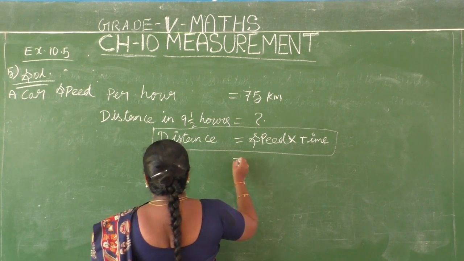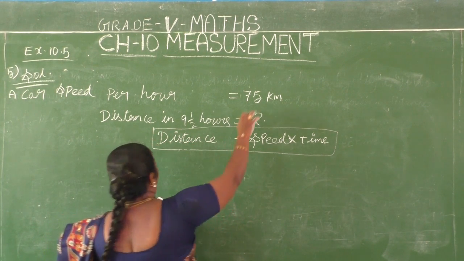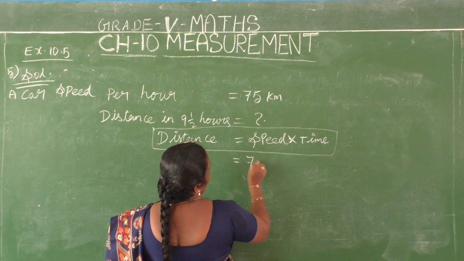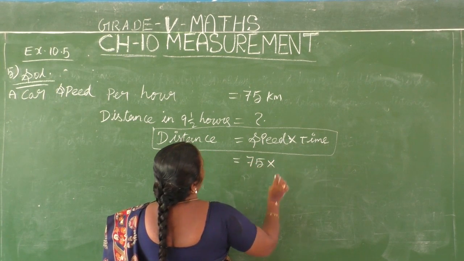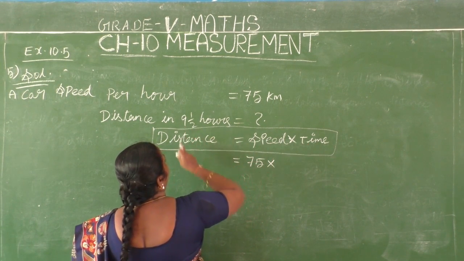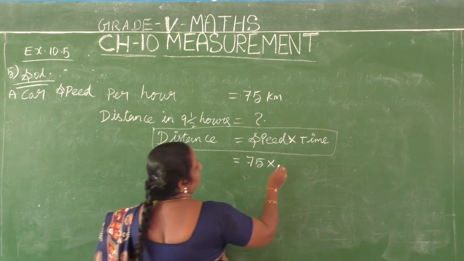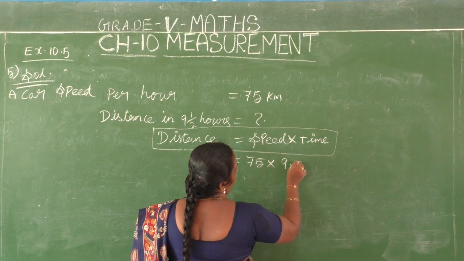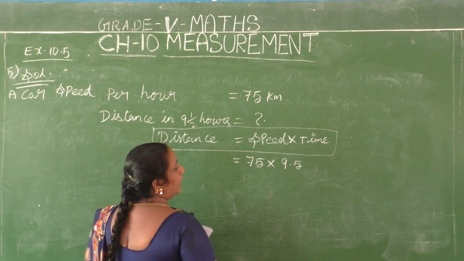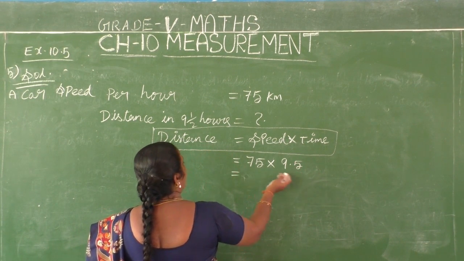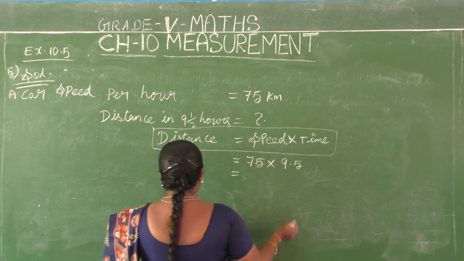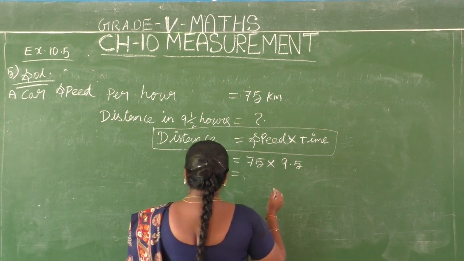So what is the speed here? 75 kilometer is the speed. Then for timing they gave 9.5 hours. Here I am writing the 9.5 hours in decimal form. So you multiply this 75 into 9.5 and the answer will come